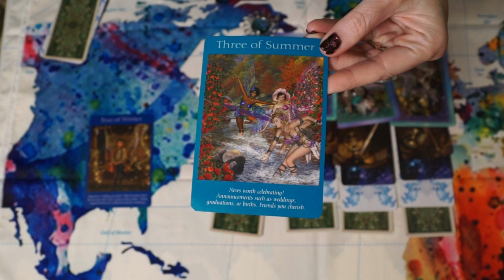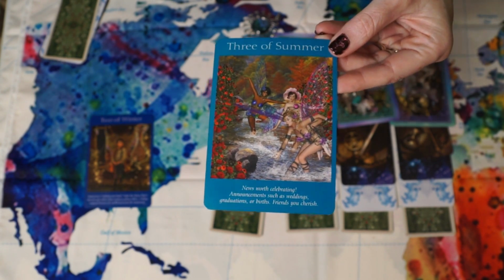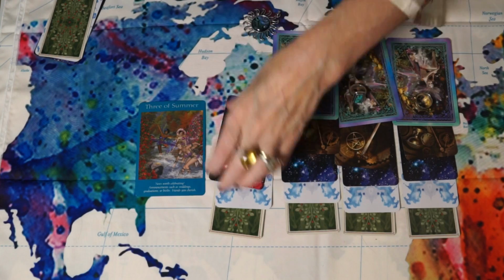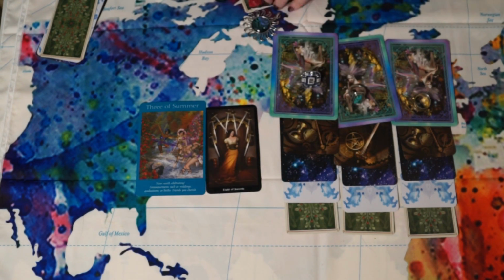Now this is funny because I have this picture before I've even looked at the cards. I feel like you're at a larger social event, and this is where you are going to meet the one. And what's going to happen is you're going to know instantaneously. There's no guesswork. They know too. It's one of those weird things that they just...